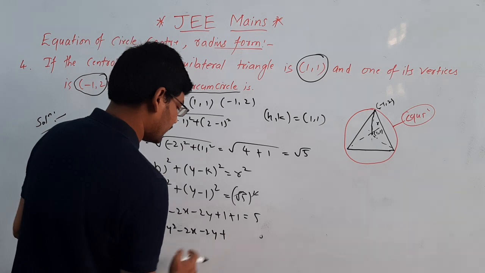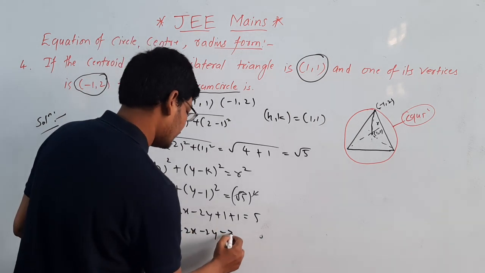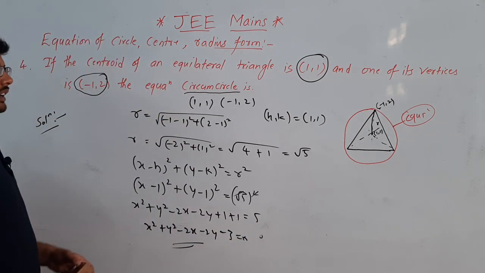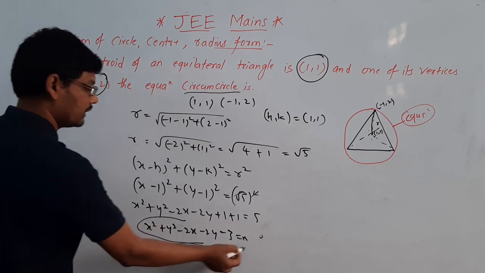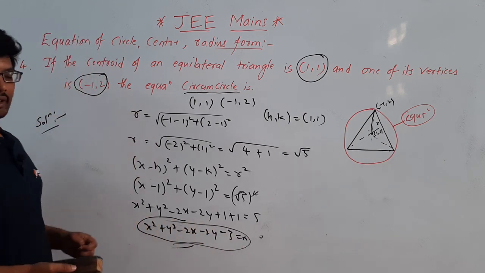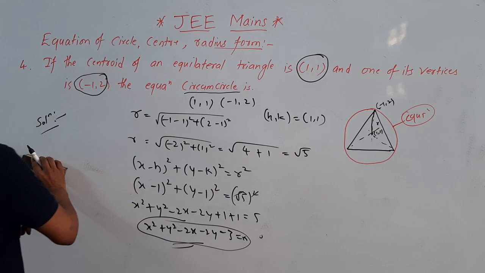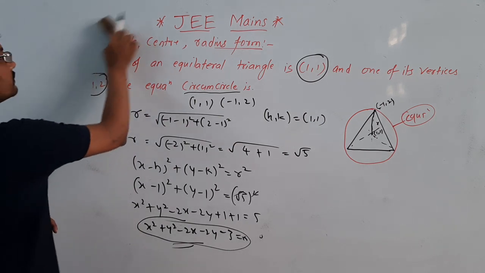Directly I am writing here: x² + y² ... minus 3 ... is equal to 0. This is the equation of a circumcircle for the given problem. This is all about the topic here, and the next topic is